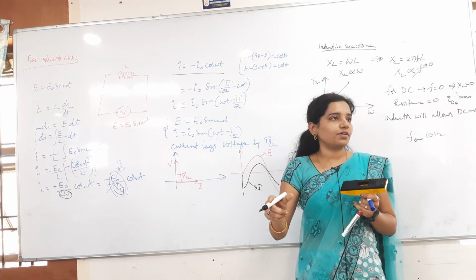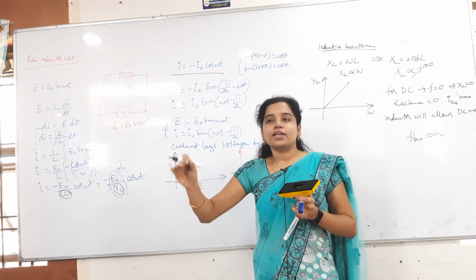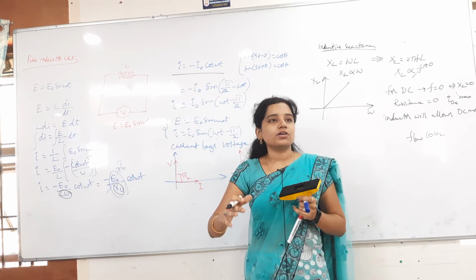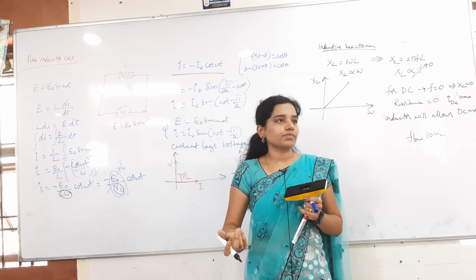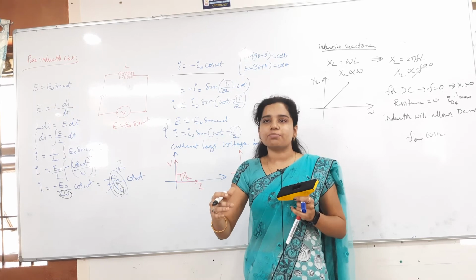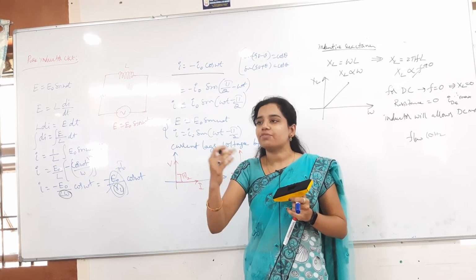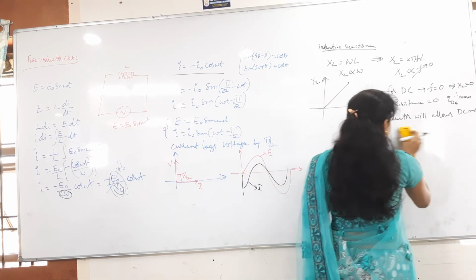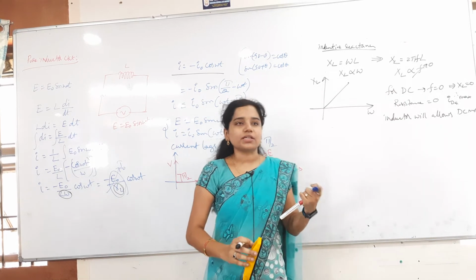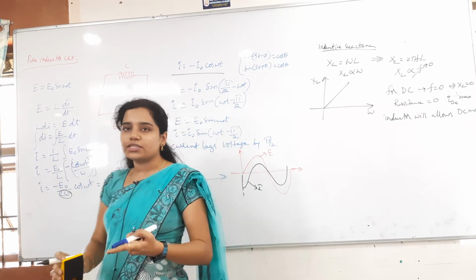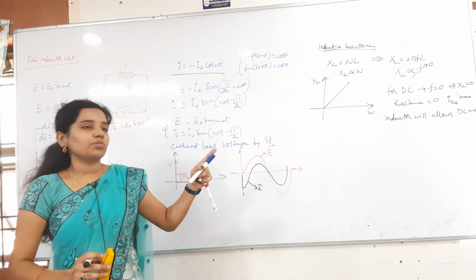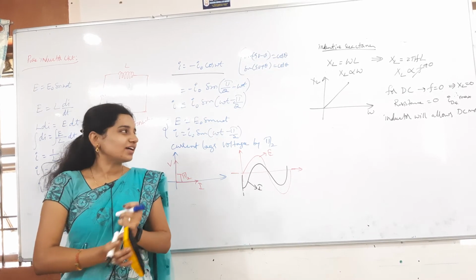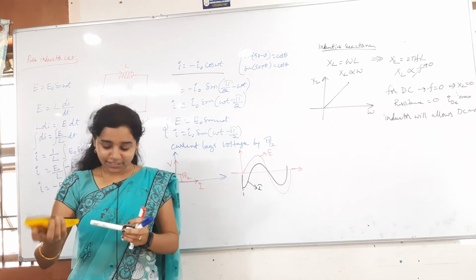You are understanding the words, right? So the inductor allows low frequency AC, and the capacitor allows the high frequency AC. It will also allow the low frequency, but it allows the high frequency AC very easily. So this is the main point about the inductor and the capacitor. Capacitor blocks the DC, and the inductor blocks the high frequency, not the low frequency. You understand already, right?